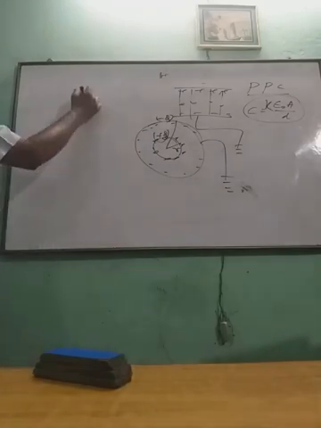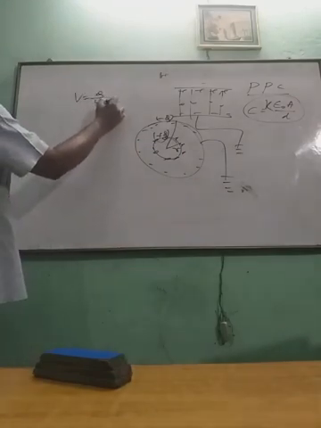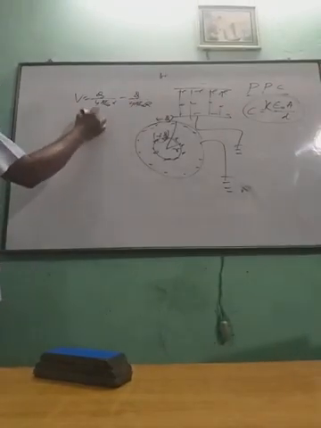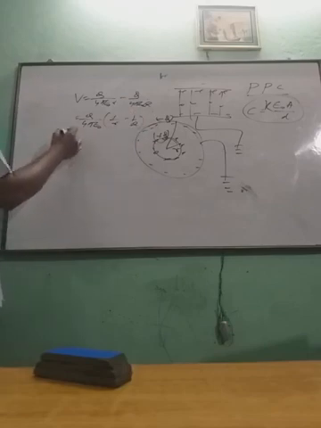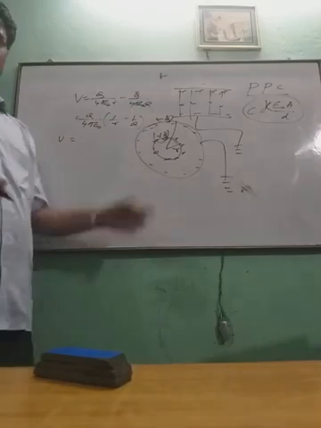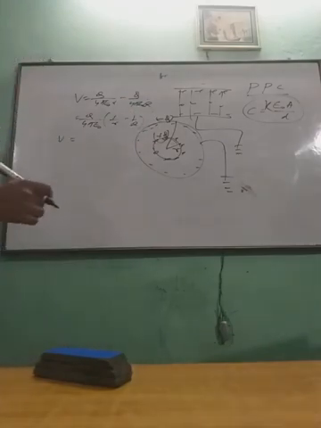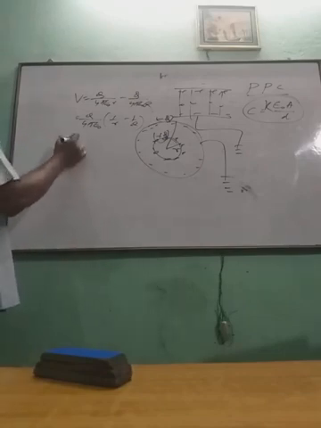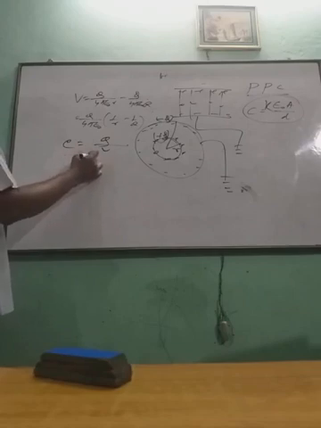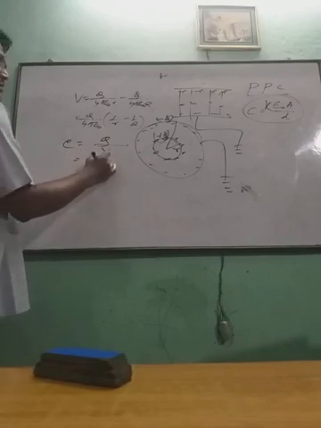Then what is the potential? Q by 4 pi epsilon naught r minus q by 4 pi epsilon naught capital R. So q by 4 pi epsilon naught taking out 1 by r minus 1 by capital R. Then V equal to, we get. So this is V. Then C equal to q by V. From here you can calculate the value of C.